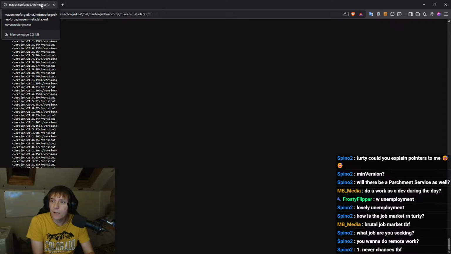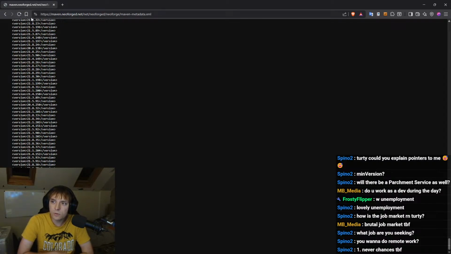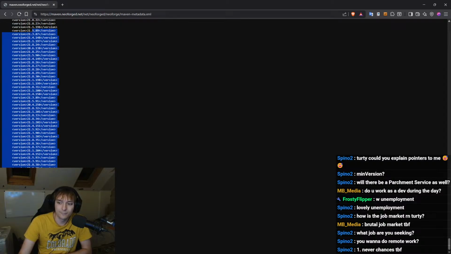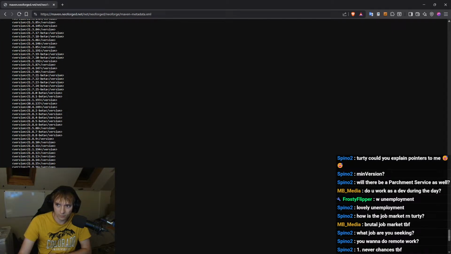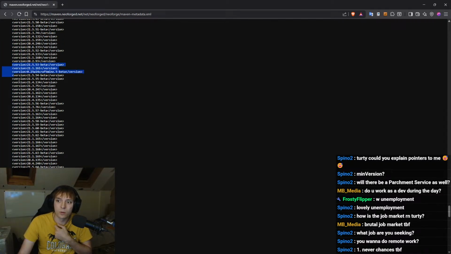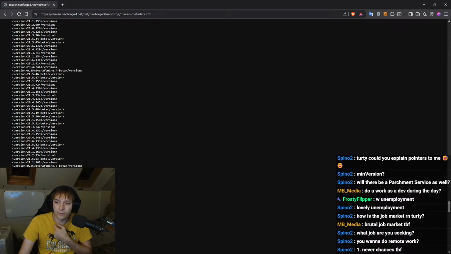1 dot never changes, I get that, but I don't know. What if one day they do decide, oh, let's do 2 point, you know? You never know. If they do that, then NeoForge is messed up. NeoForge will literally be messed up because they'll have to change their entire versioning scheme, which means they'll have a bunch of versions which are one way and the rest will be another way. It would mess everything over, man.